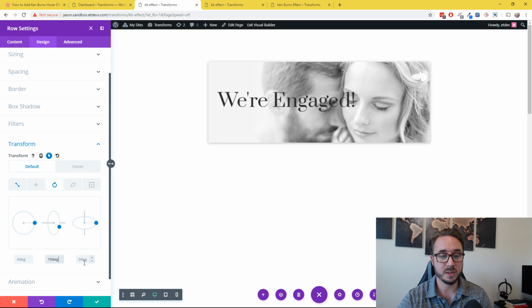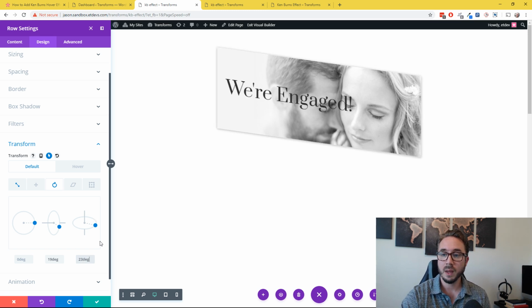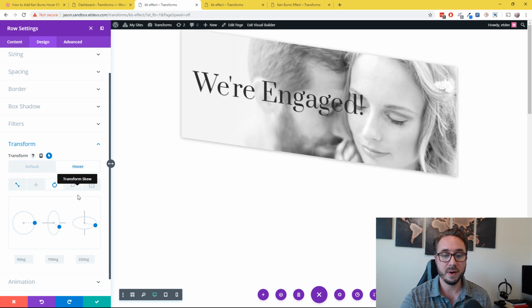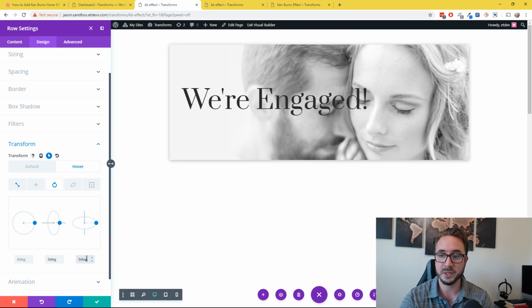And then also for my z-axis here, I'm going to set it to 23 degrees. And so now you can see it's kind of rotated and kind of gives a little life to it. But then on hover, I just want to set those 2 degrees back to 0, back to the original state. And so now if I save that out,